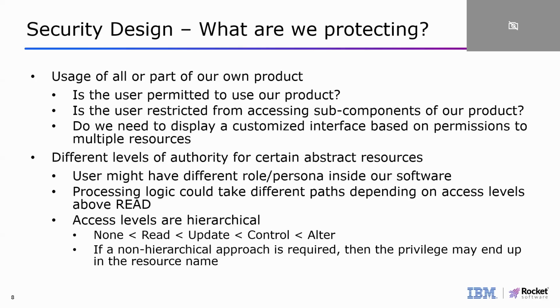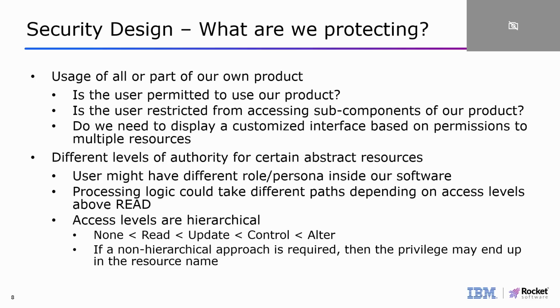Do we need to build a custom UI based on permissions to various resources to give him a better user experience, or to ring fence him away from knowing certain things about what we're showing to him or her? Do we need different levels of authority for abstract resources? The user might have a different role or persona inside our software. We could have processing logic that could take a different path depending on whether he has an access level above read. Okay,